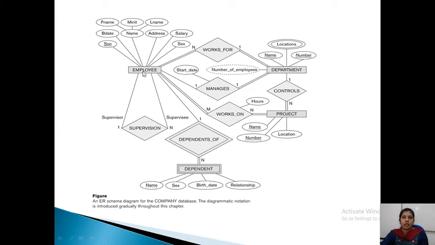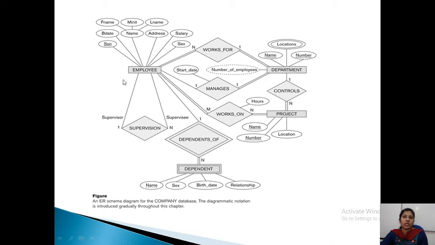See here, I told employee, department, project, then dependent. Here manager we have not considered separately, so we have considered this as a relationship. So employee, department, project and dependent are the different entity types.